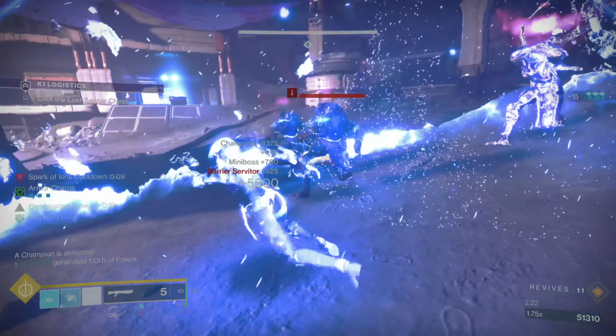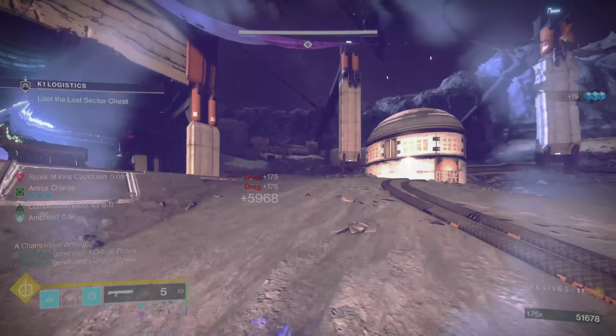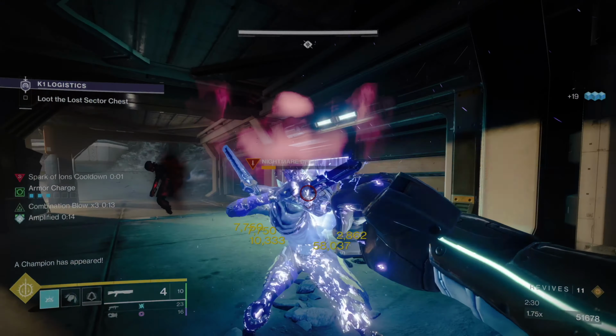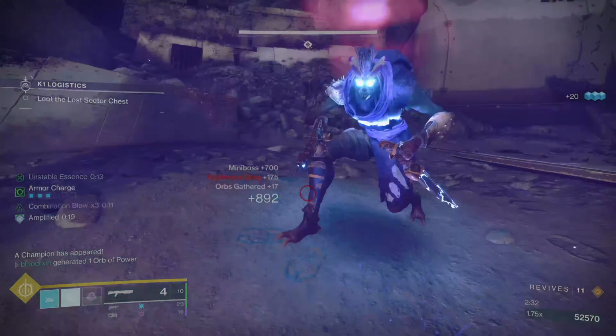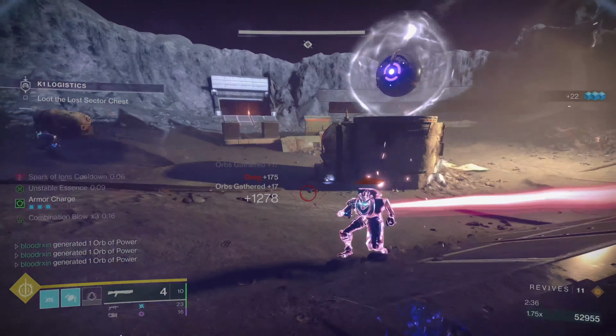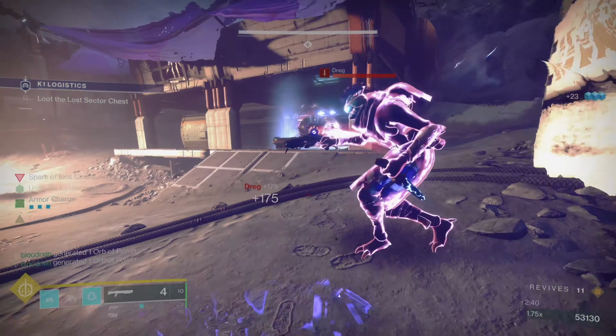Now whilst you're punching your way through everything, you're also generating a ton of orbs, allowing you to use your super more often. What also makes this build even more powerful is this season's Arc artifact perks, which I'll go over in a moment. I used this build my entire flawless Ghost of the Deep clear. It is super effective, so I'm going to be showing you all exactly what to equip and how to use